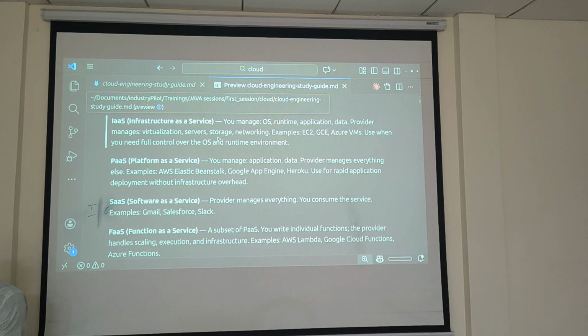For example, if we take a house, infrastructure is like all the cupboards, all the big things, and platform as a service is all the rooms. Okay. So any other example? Try better. That is correct only. Try any other example.